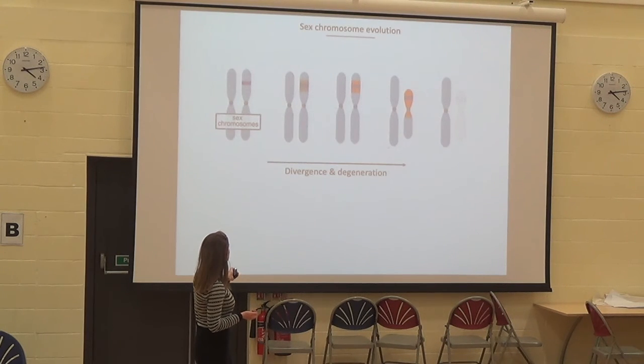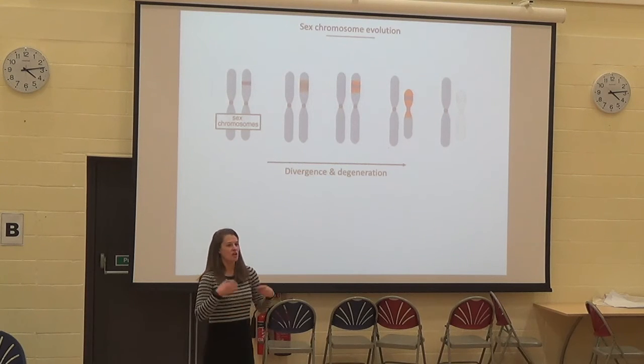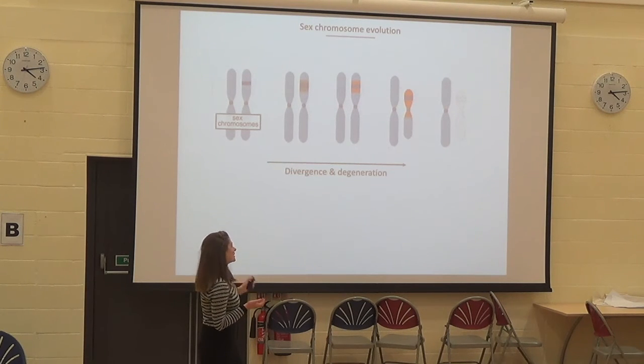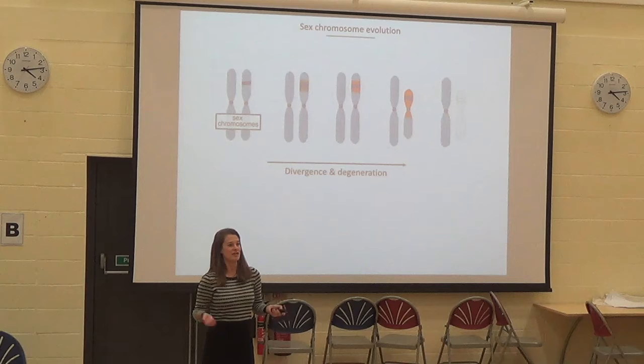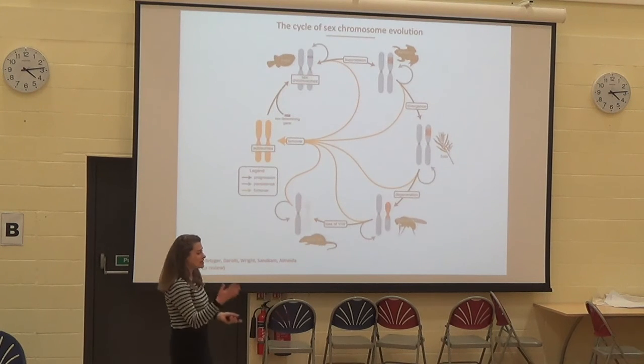So essentially, this classic idea is that you evolve sex chromosomes, and over time they gradually diverge, and then the Y chromosome gradually decays, and then it's eventually completely lost. This is the classic view of sex chromosome evolution. It turns out that that's not really the case anymore. It's a much more dynamic and fluid system that we can think of like a cycle of sex chromosome evolution. So many species will go through the stages of the evolution of sex chromosomes: divergence, more divergence, start to degenerate and be lost. That does happen in some species.